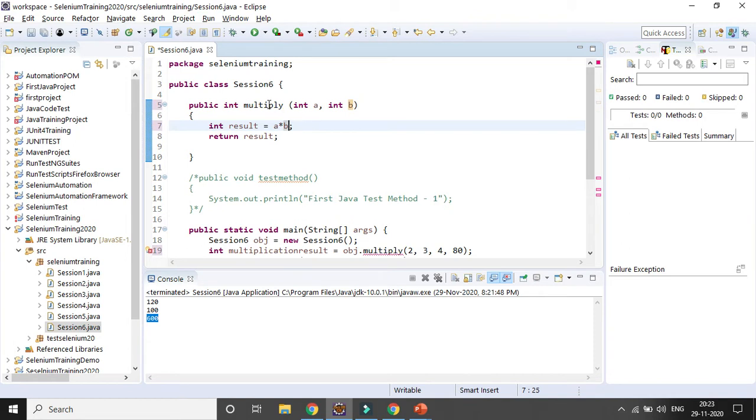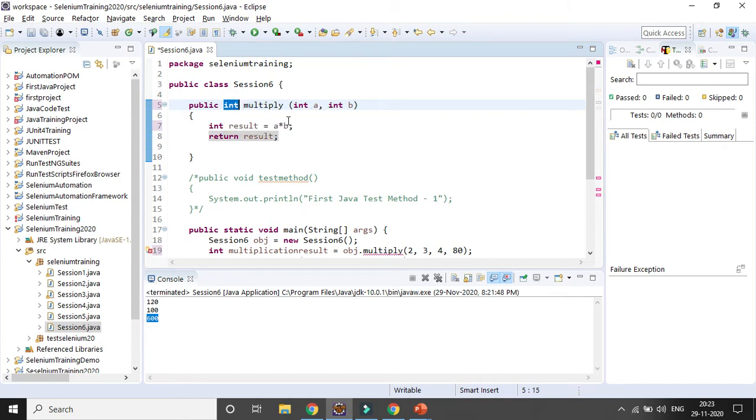Okay, so this is the method name, this is the access modifier public, so that it will be accessible in the main method, and this is the method's data type, right? Passing number of arguments, this is called number of arguments and type of arguments. So the number of arguments is 2 and the type will definitely be the same, and the return type also will be the same. Integer, if we multiply it will be integer only.